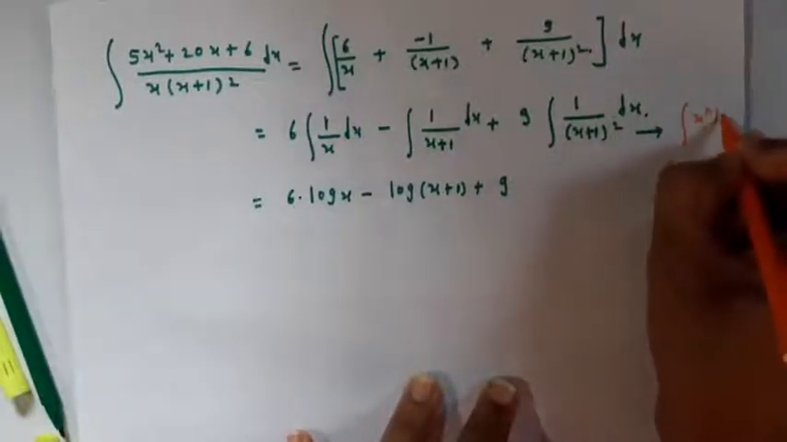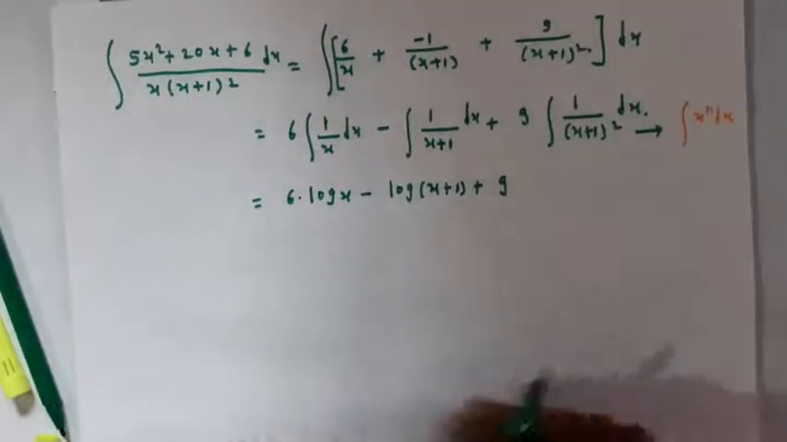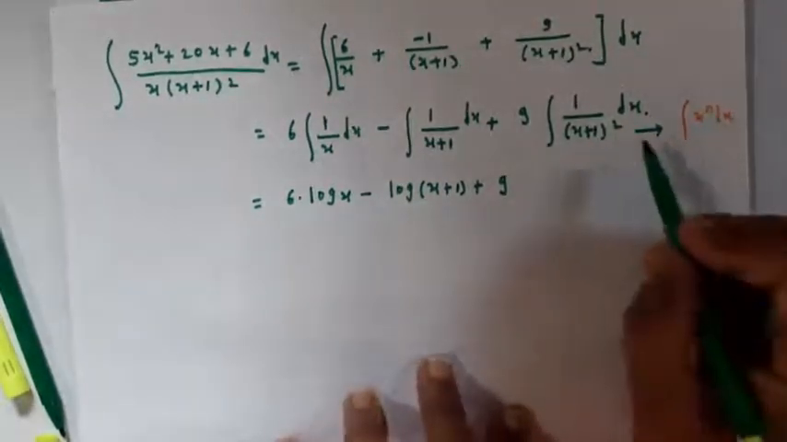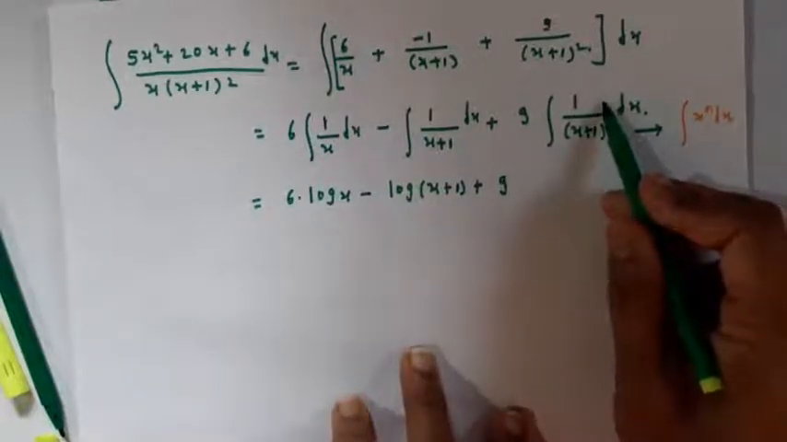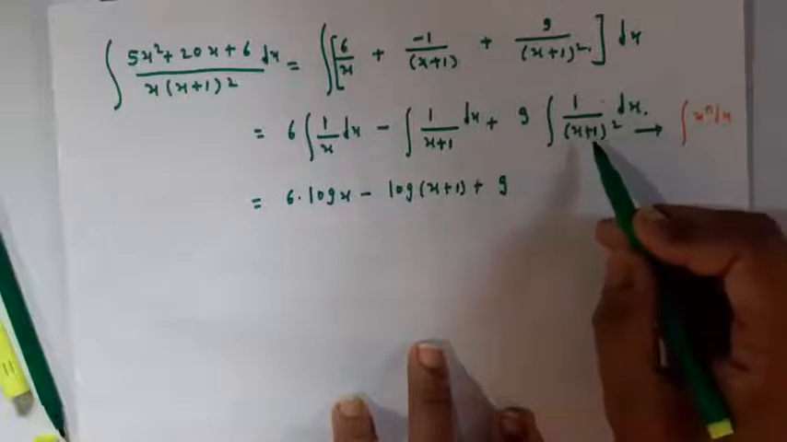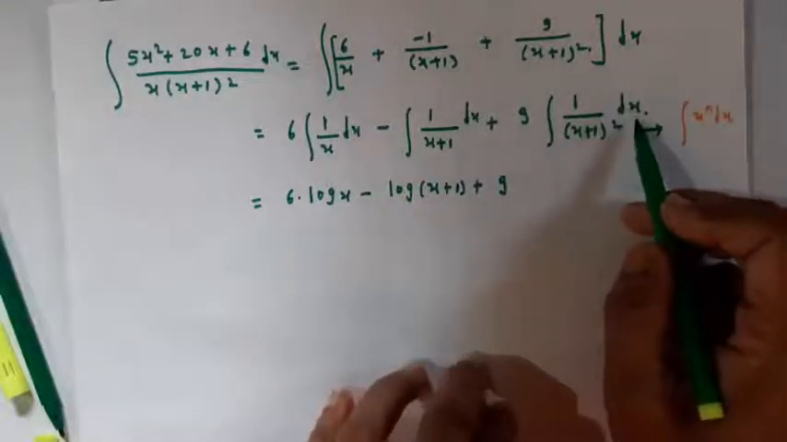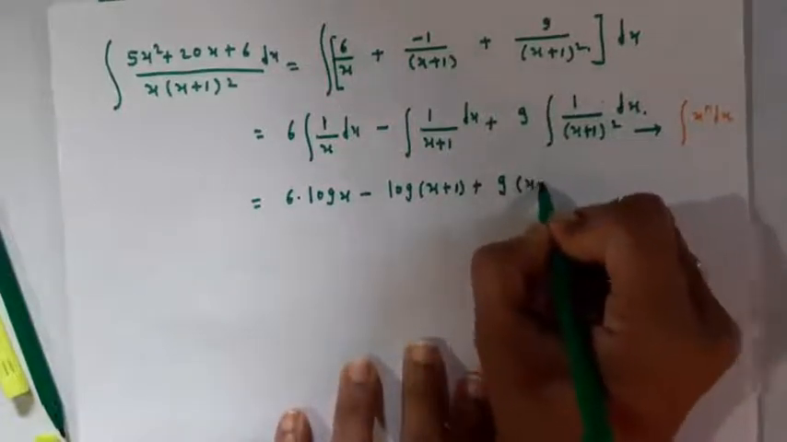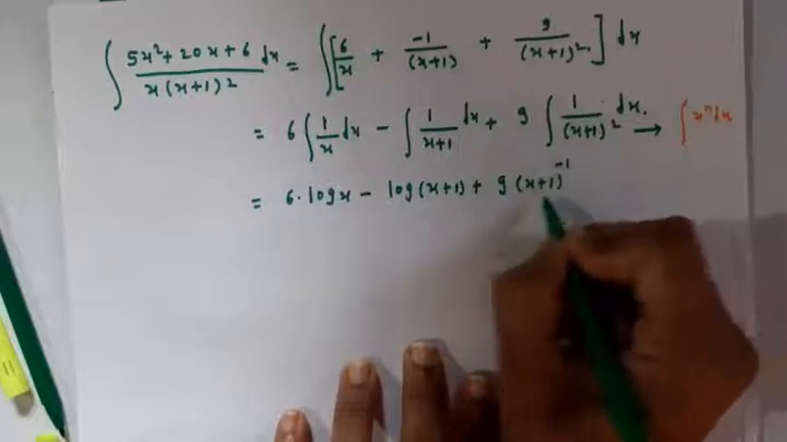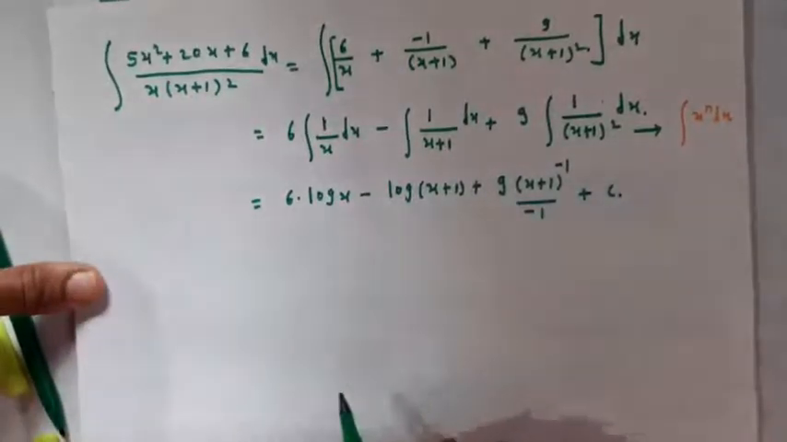and this is the integration of the form x raised to n with respect to x, where x is x + 1, and it is x raised to n + 1 upon n + 1. So this is (x + 1) raised to minus 2. Therefore (x + 1) raised to minus 2 plus 1 upon minus 2 plus 1. That's why it will be (x + 1) raised to minus 1 upon minus 1, plus constant of integration c,